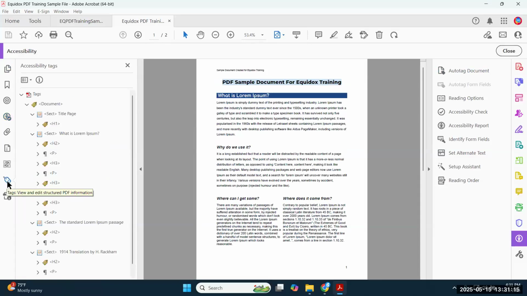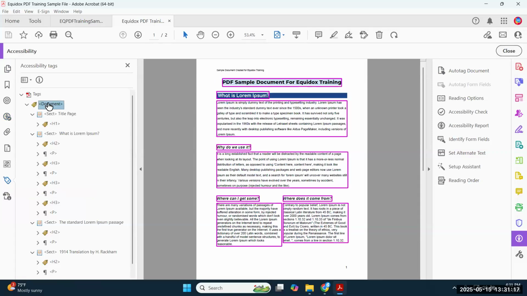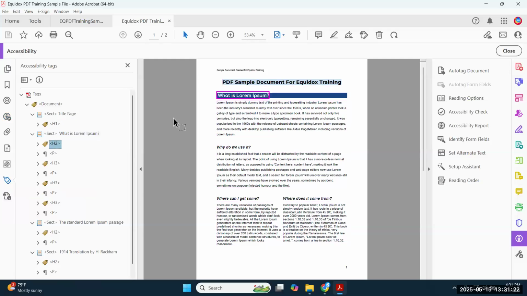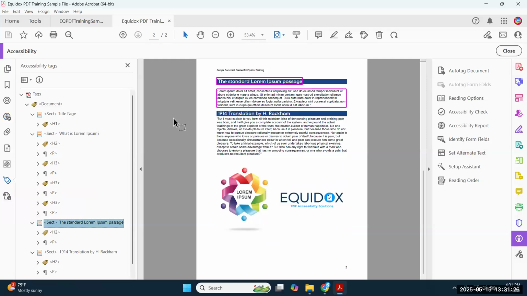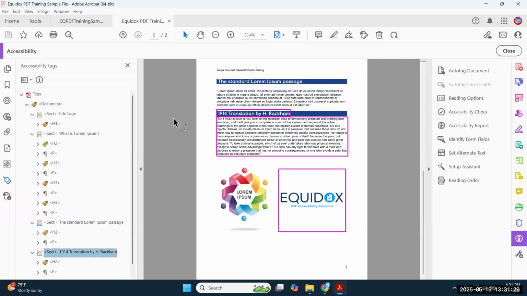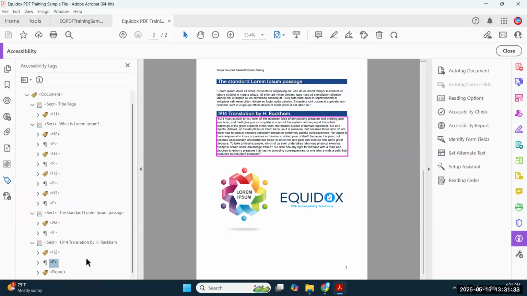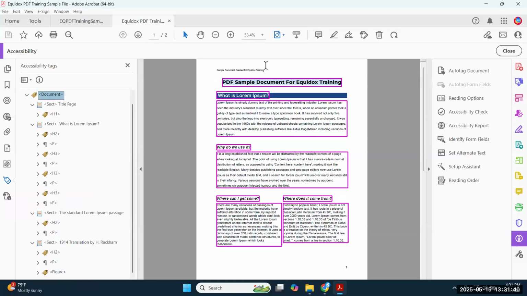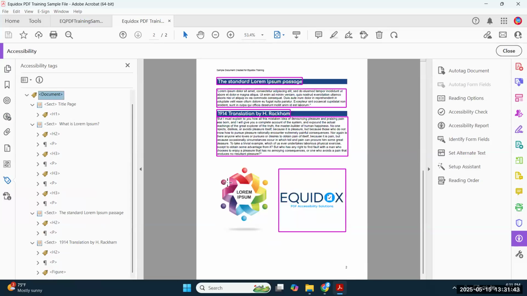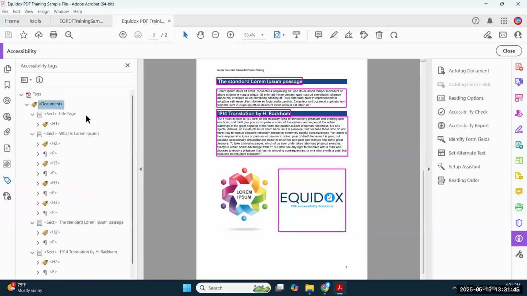If you go to the accessibility tags panel here, you can see that the entire document is now tagged. And if you want to tab through this just to see what we've built, you can see that everything is reading in the correct order. All of the heading structure that we set up is there. All of the content is collected and organized as we would expect. Here's our Equinox logo description for our figure there. Everything like the headers and the footers that we artifacted, and the image here, you can see is not tagged, but everything in this is exactly as we saw in the HTML preview.